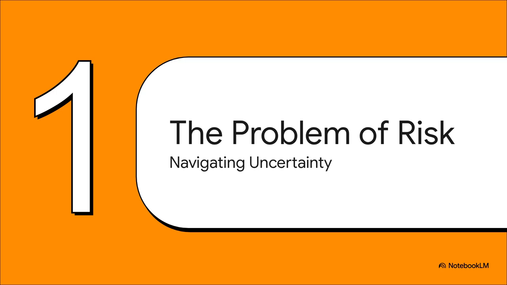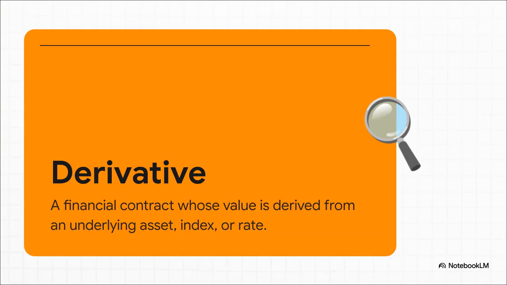Okay, just imagine for a second that you're running a business. You're constantly navigating this sea of uncertainty. Are your sales going to be up or down? What's the cost of your materials going to be next month? All this financial risk, from interest rates to currency swings, can be absolutely paralyzing. So to solve this exact problem, the financial world came up with a special tool called a derivative. And hey, don't let that name intimidate you. At its heart, it's really just a contract whose value is derived from the future price of something else.